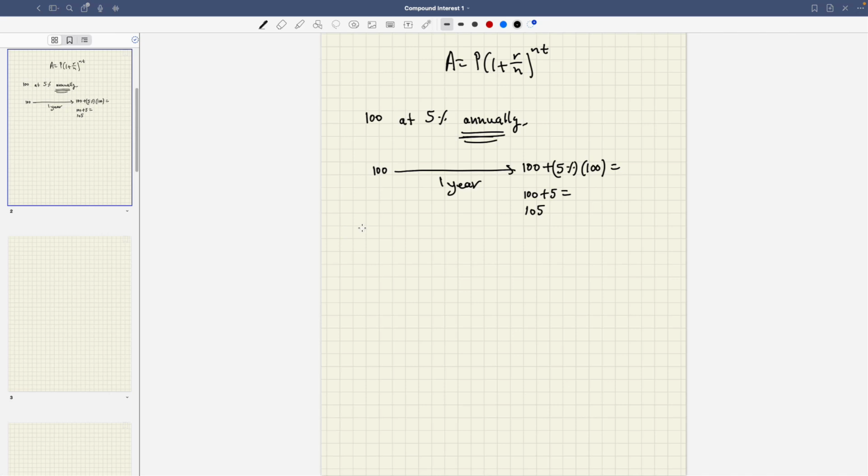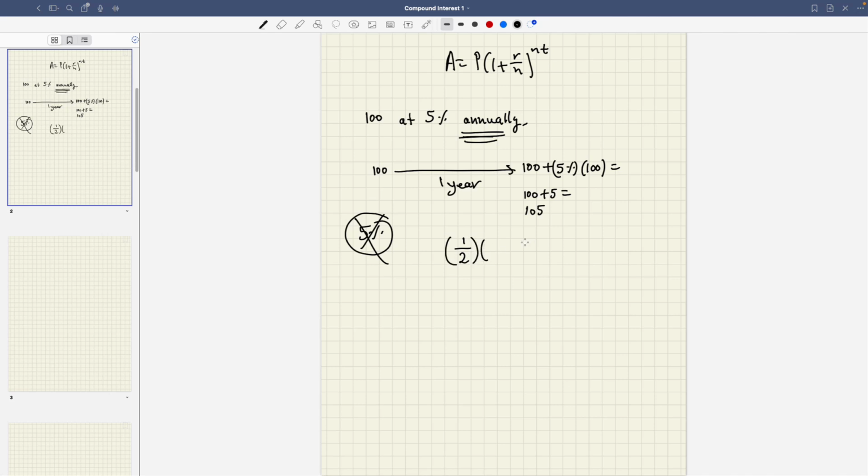Then you will not be getting the 5%. But instead, you're going to get an amount proportional to the time that you leave your money in the bank. In other words, if you leave the $100 in the bank for 6 months, then the percentage that you're going to get is 1/2 of that. And why is that? Because 6 months is proportional to 1/2 of 1 year. So you're going to get 1/2